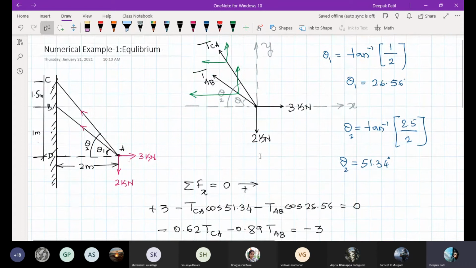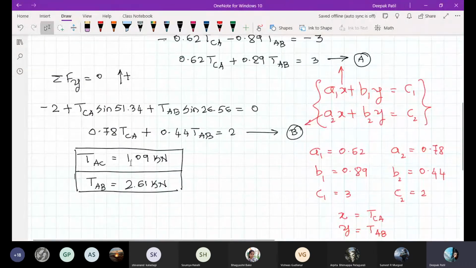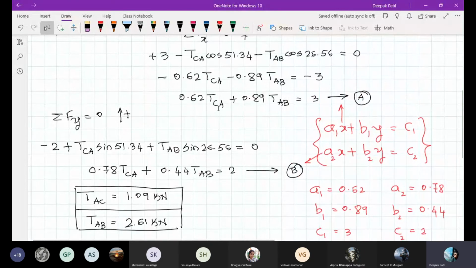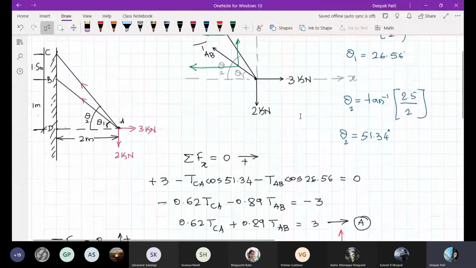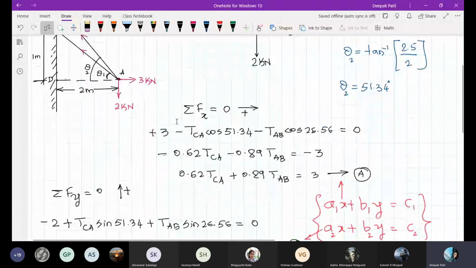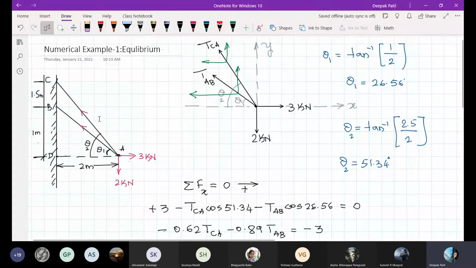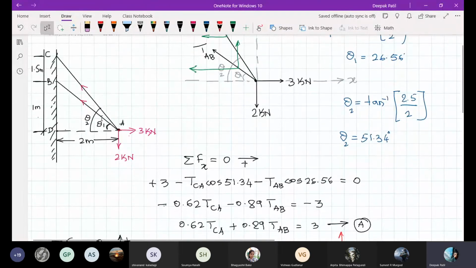I will give you a video on how I actually directly solved these simultaneous equations on the calculator. You also know how to do it manually, but don't do it that way because it will take a lot of time. On the calculator, it will be a very easy process. Any doubts in this numerical example, students? This is how you can use only the equilibrium equations to solve the unknown forces when you are unable to apply Lami's theorem directly. In that case only, you can go ahead with this procedure. Clear?